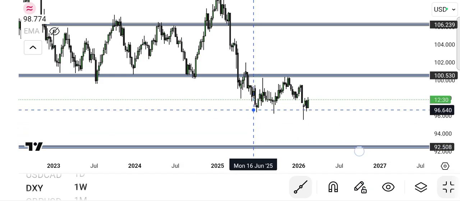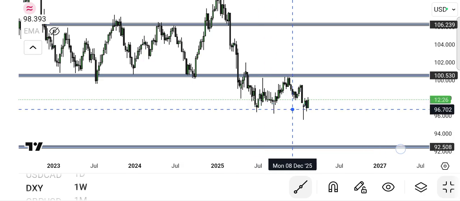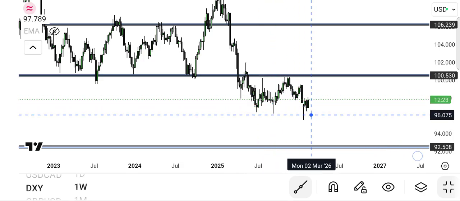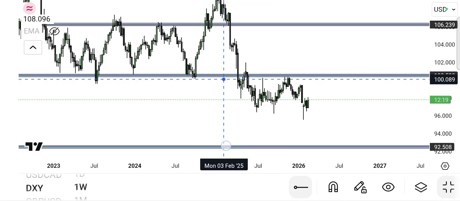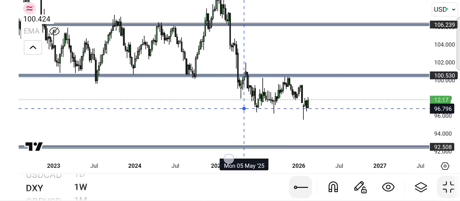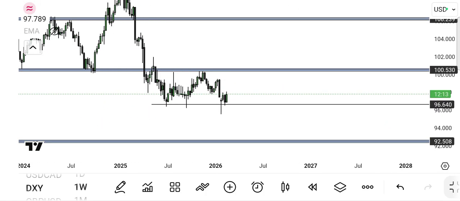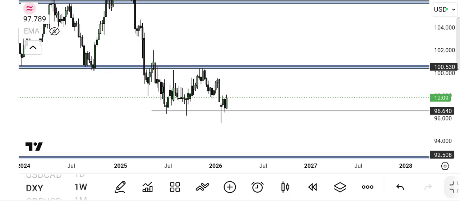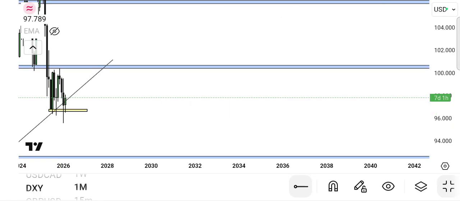Now, if you see very well, there is this confluence: there's this resistance zone, support zone here that the market is also reacting on. Let me just drag a horizontal line on it so that you can see what I'm explaining. So this is a factor that's stopping this market from going to the downside. But there's also another thing I want to explain for you. The main reason why this thing may likely go to the downside